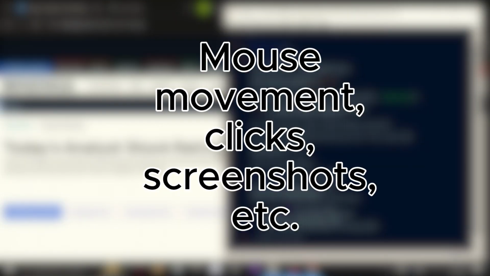In the next video, I'll teach you the various functions you can use, which might make your web scraping projects